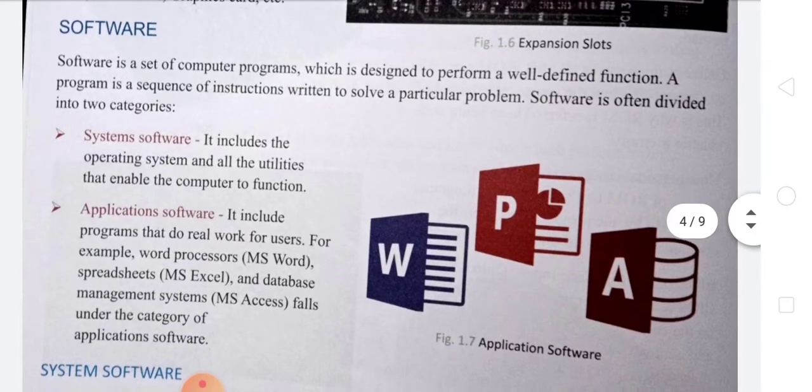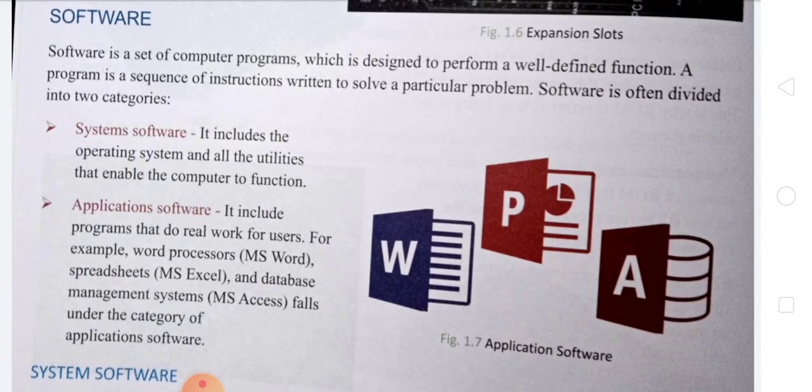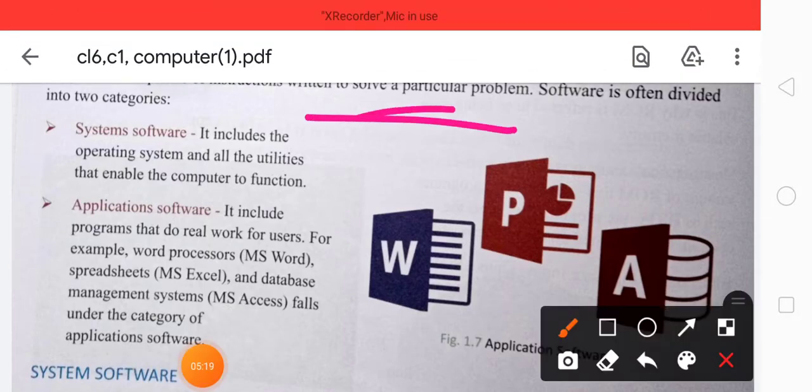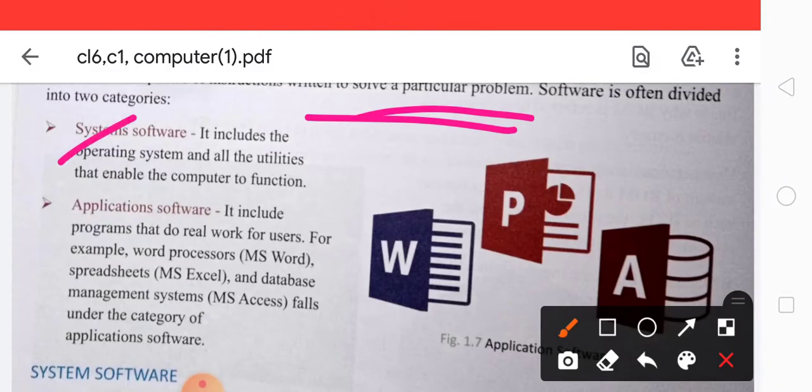Now we are going to see what is software. Software is a set of computer programs designed to perform a well defined function. A program is a sequence of instructions written to solve a particular problem. Software is divided into two categories, that is system software and application software.